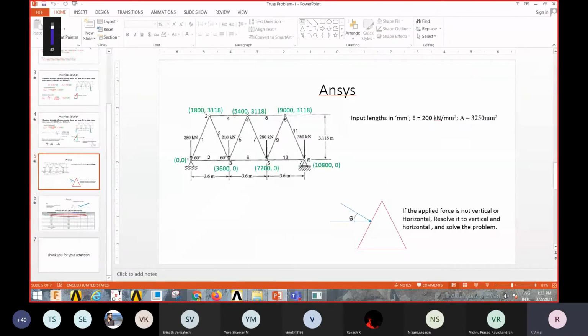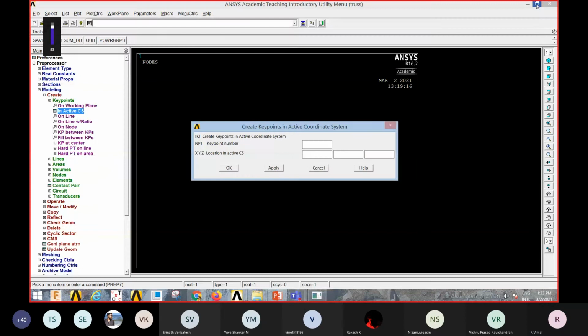The green information is what you need to key in for coordinate points. So key point number 1, 0, 0. We click only apply. If you click on OK, the box will close. So always click only apply. For the last point alone, you click OK.